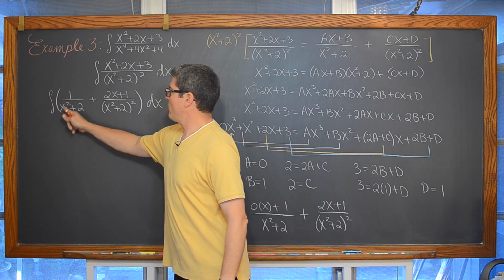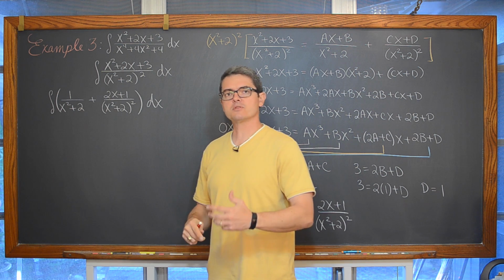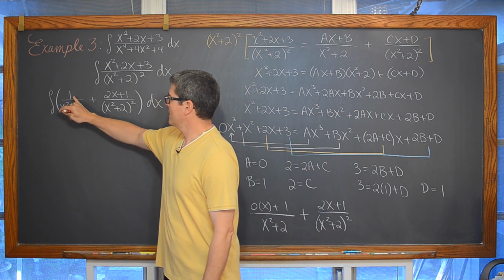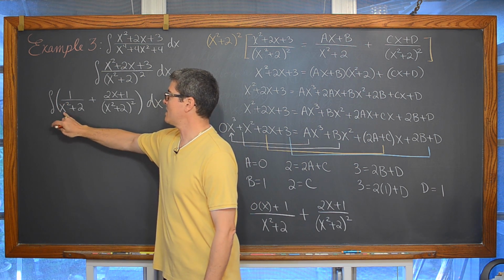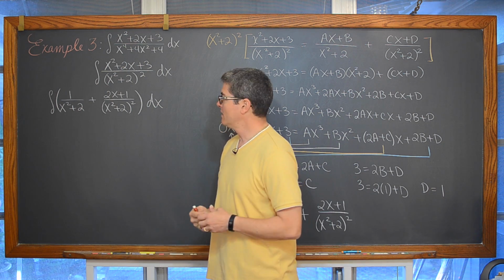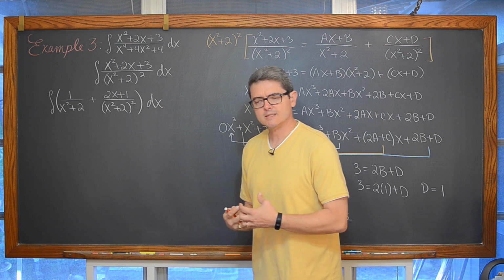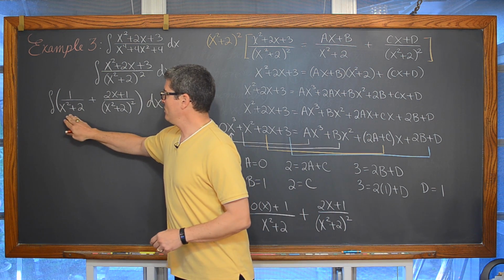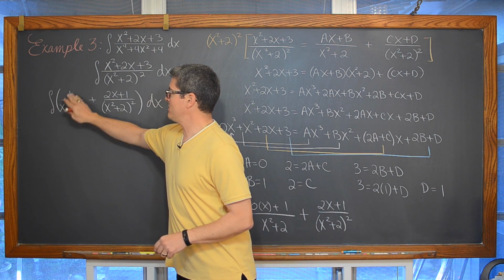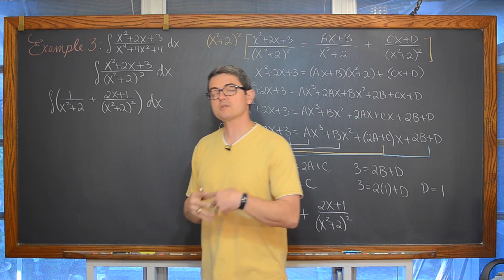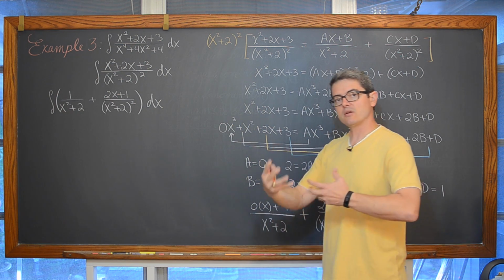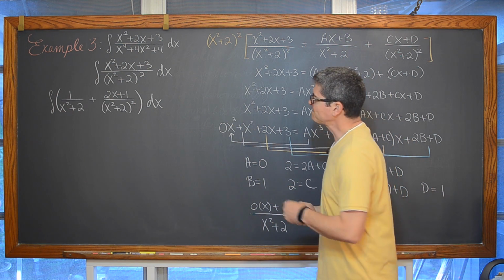Now over here we have 1 over x squared plus 2. So we have a constant over a sum of squares. So this is going to end up working into some kind of, well, if my u is x squared plus 2, my du would be 2x. Okay, so it's not u prime over u. It's got to be one of those integrals involving inverse trig functions.